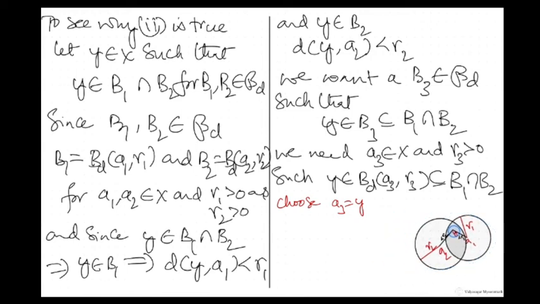So A3 we have fixed. We would like to have Y as A3. That's because then this condition will be obvious. If I choose my center to be Y itself, then of course Y belongs to this open ball. The only thing that I have to choose is what should be my R3. Choose R3 to be, taking a clue from the picture,